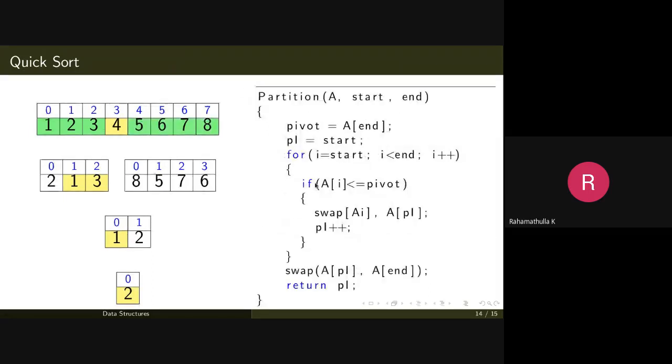If at any point the element at A of i is less than the pivot element, then it needs to be pushed towards the left hand side, that is this swap, and increment pi. By incrementing pi, we are trying to identify the correct position of the pivot element.